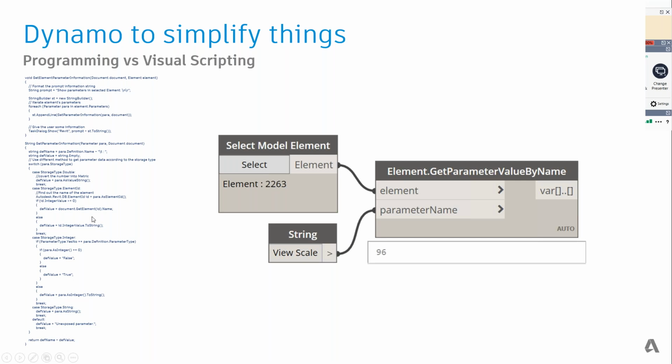Here we're just getting the element selected and then feeding a parameter value for that particular element. But here, within three nodes, these small blocks of code that we term nodes in the Dynamo environment, we just connect those nodes to perform that operation.